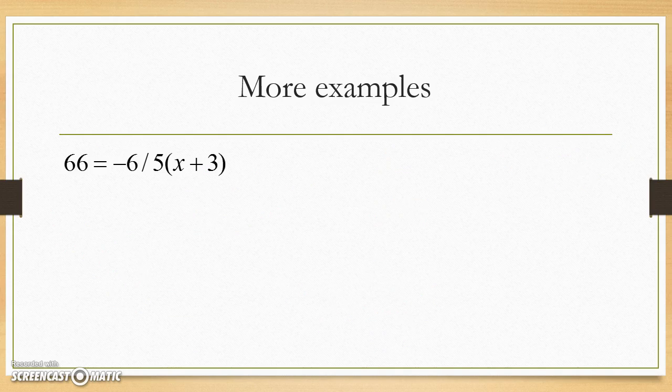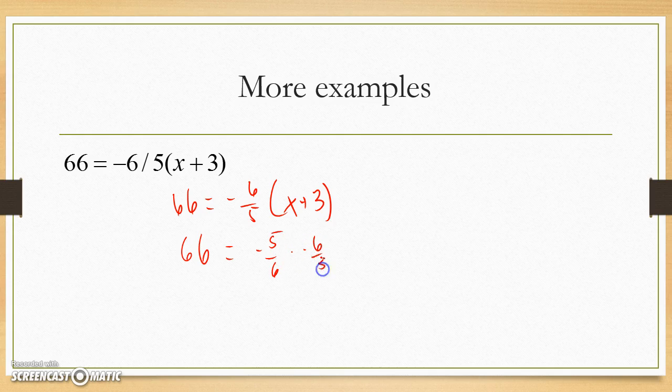Alright, last one. 66 equals negative 6 over 5 times (x plus 3). So we have a fraction now outside of our parentheses, and we know how to get rid of fractions. We're going to multiply by its reciprocal. Remember, whatever we do to one side, we have to do to the other side. So these two cancel each other out. We get x, you take out the parentheses now, x plus 3 equals